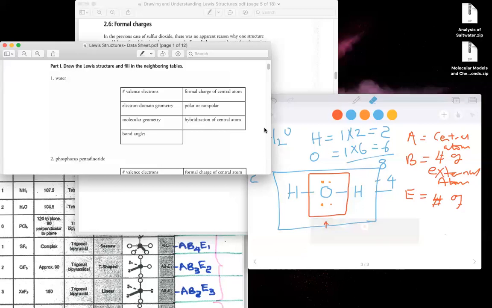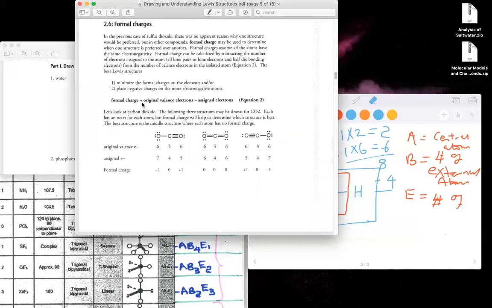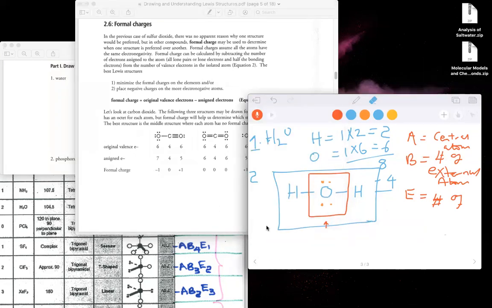How do we calculate the formal charge? If you try to use this equation right here, you may not be in a position to really understand. But look at my iPad. Down here, I will write down the equation on how to find the formal charge. Using this equation, formal charge, F for formal charge, is given by the valence electrons of that element. For example, right now, oxygen is in group 6,